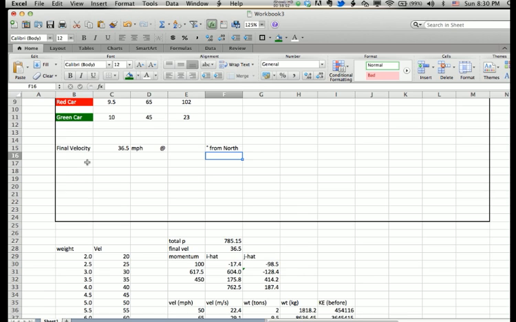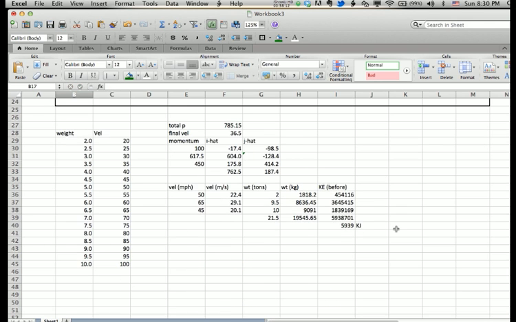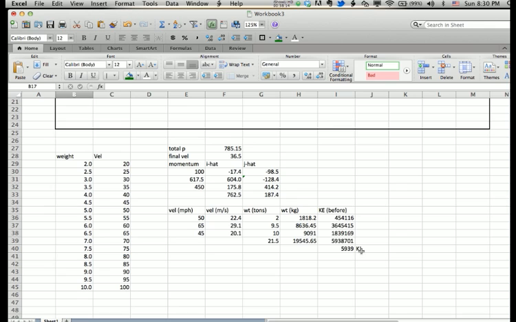So another thing that we need to do is kinetic energy lost. So we know the kinetic energy before was right here, 5939 kilojoules. That's before. Total kinetic energy before. After, we can figure that out. That's going to be 1/2 mv squared. After, so that'd be,